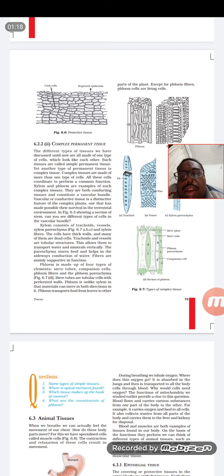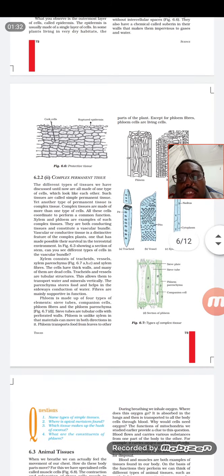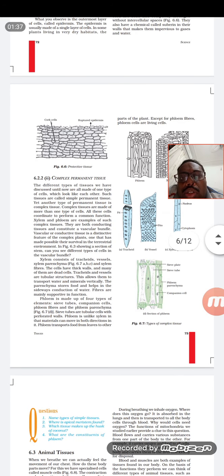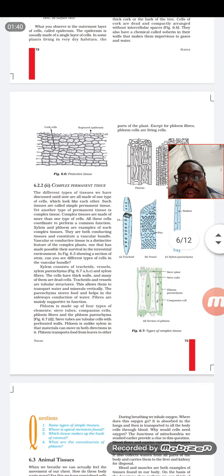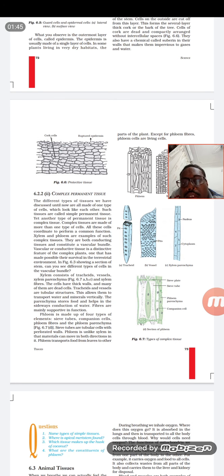These structures are made up of complex tissues, that means they are not made up of one type of tissue like what we have seen before in the permanent tissues. So if you see this, xylem is made up of three different types of tissues, and all these tissues together we call xylem. The word xylem means wood. You can see the diagram also. The xylem is made up of three different types of tissues. One is known as tracheids, another is known as vessels, and another is parenchyma, known